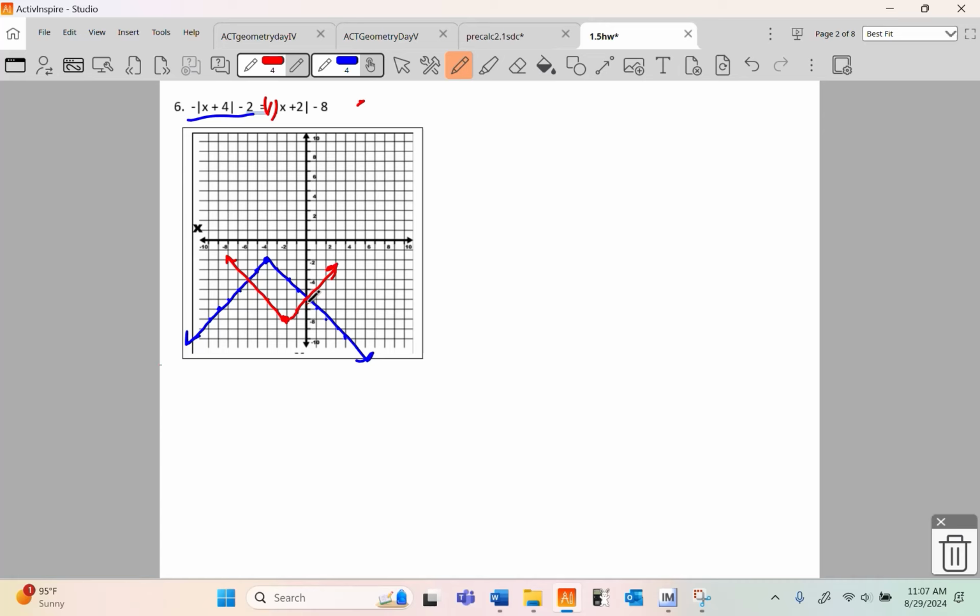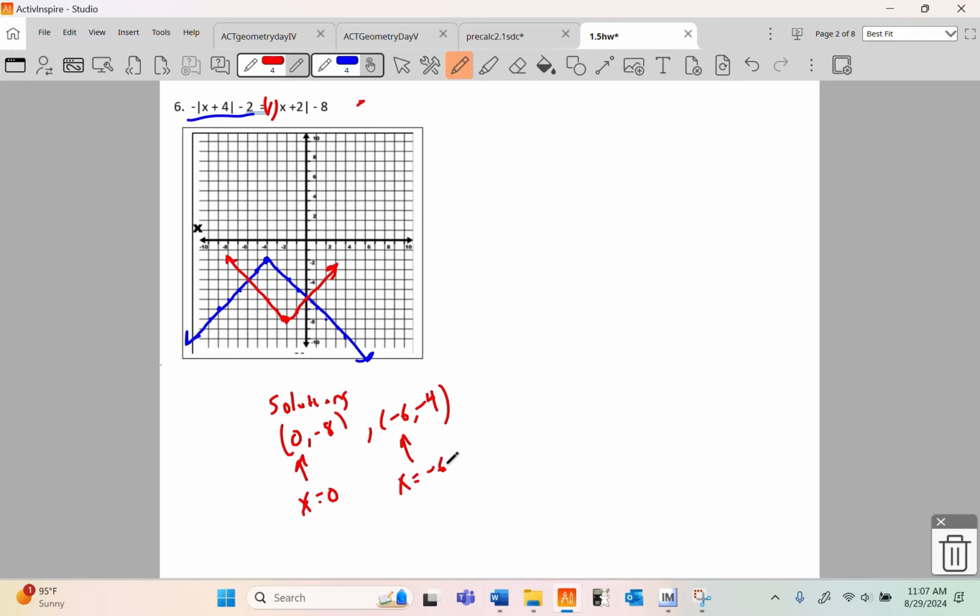Looks like we intersect at 0, -8. Most importantly, there's that x is 0. And we intersect at -6, -4. And again, the big deal there is that x is -6. So those are intersections. Solving algebraically,